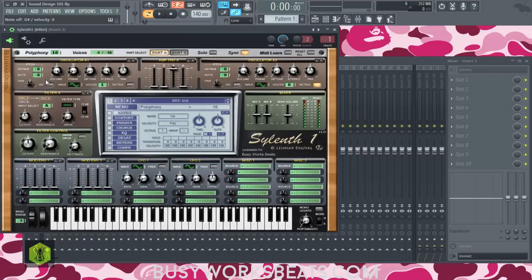Let's go with the octave. This is also called coarse pitch. So if you see in other plugins, it might be called coarse pitch. Okay, octaves. So here I'm going to increase the octave. If you don't know what an octave is, every 12 keys on your keyboard is an octave. So you can play A in one octave, a low octave, and you can play A in a higher octave.